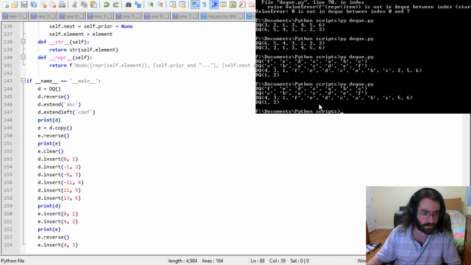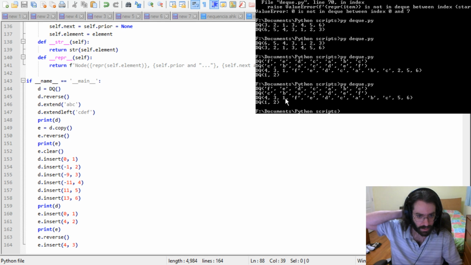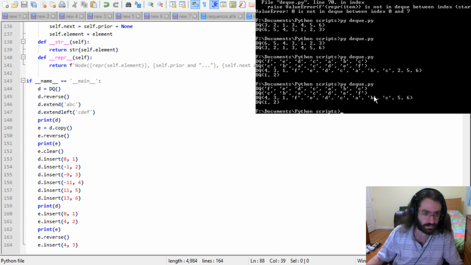I insert a, where's the 0? Oh, it's the index of 0. At 0, I insert a 1. And then at -1, I insert a 2. Where's the 2? There's no 2 here. There's 3, there's the 4, and the 5, and the 6,